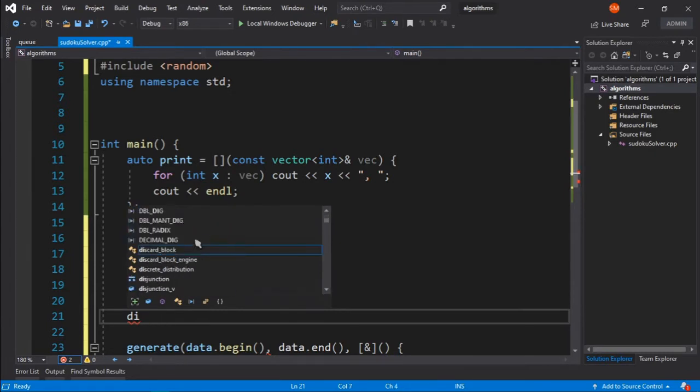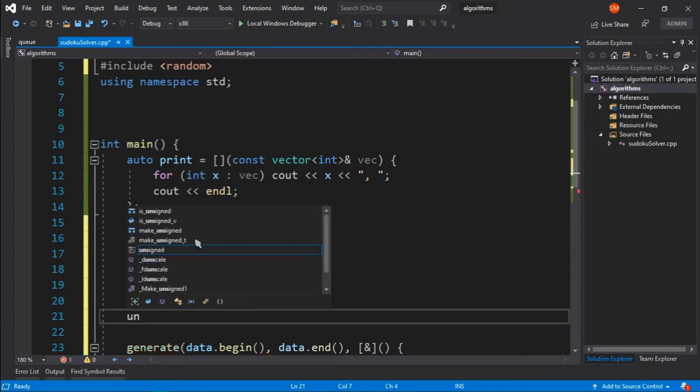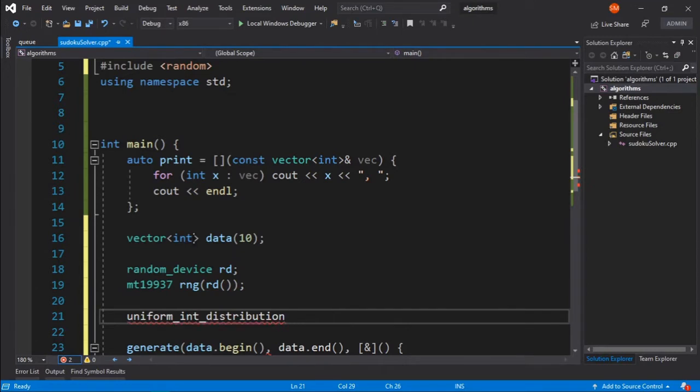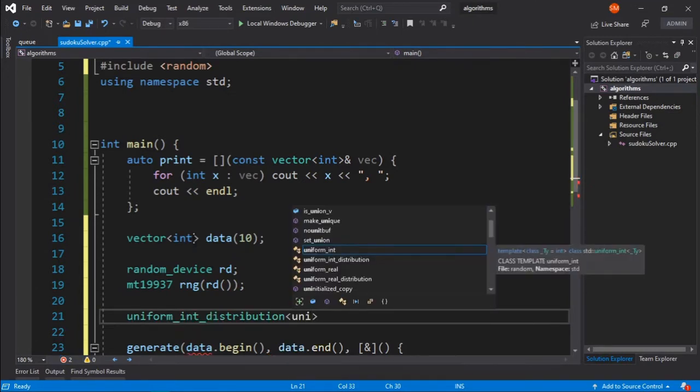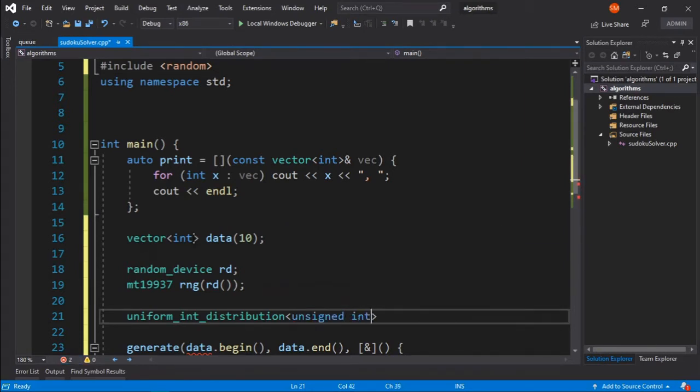But in general, if you need a distribution, you can simply say uniform_int_distribution, and the type can be integer or unsigned integer. In our case, it will be an unsigned integer,